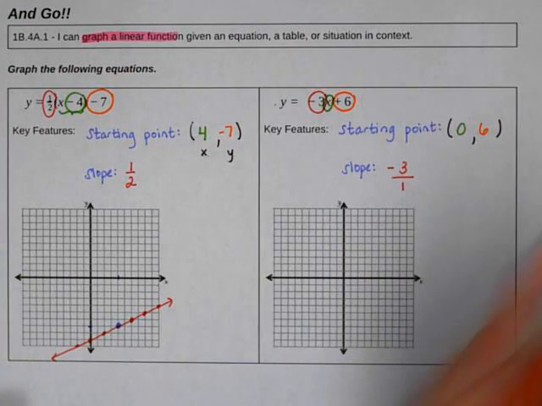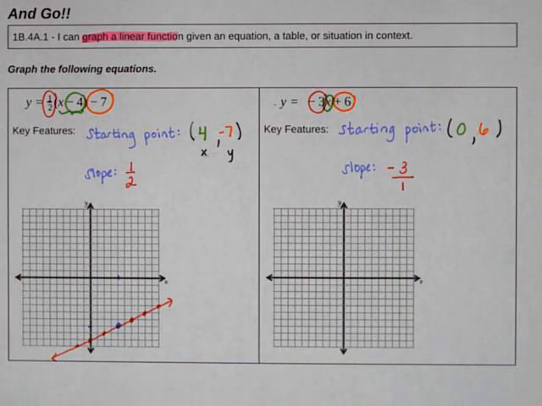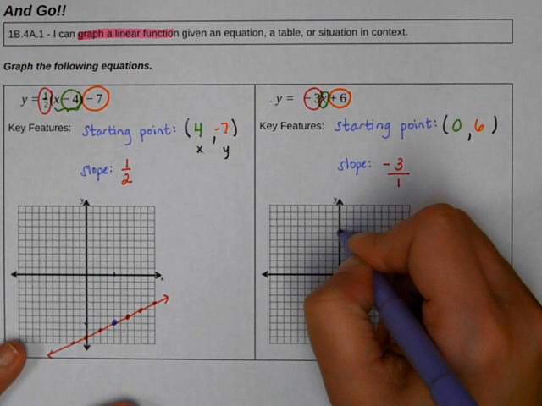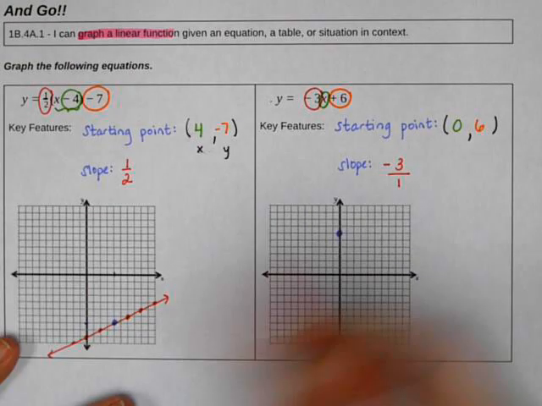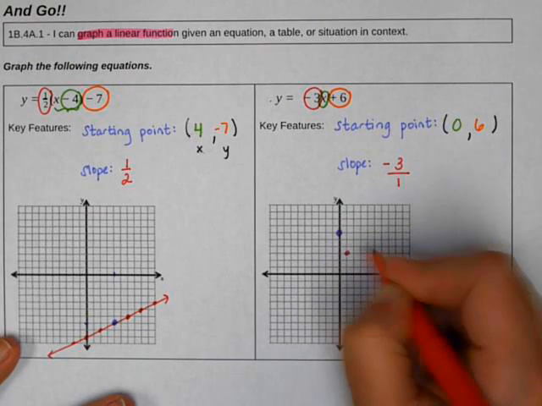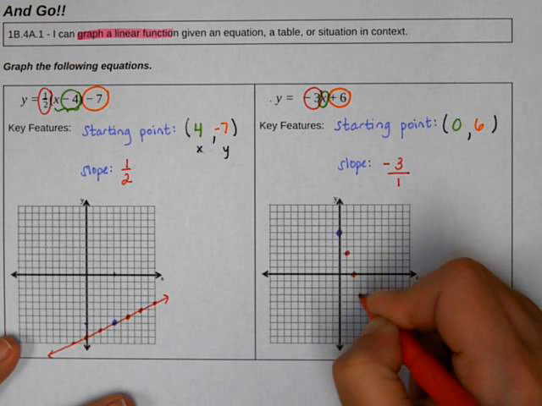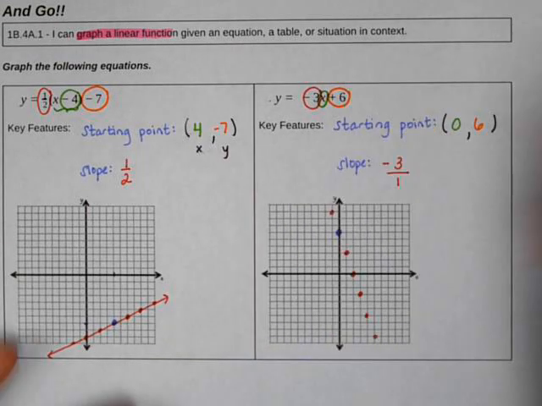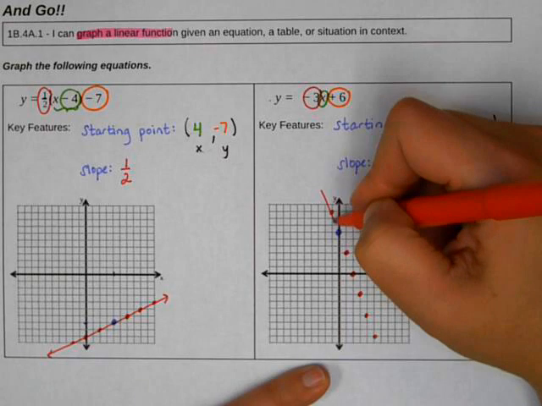Now I like to write -3 over 1. It makes it more obvious to me that I'm going to go down 3, right 1. From here, I'm going to go to 0, 6, which is right here, and then I'm going to go down 3, right 1, down 3, right 1, down 3, right 1, and continue to graph. Then I'm going to draw my nice straight line,